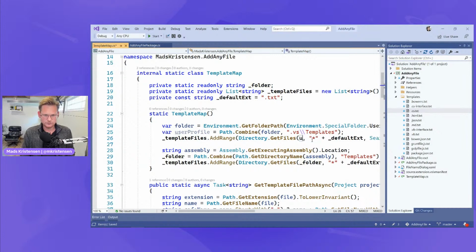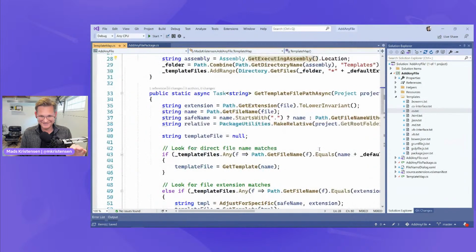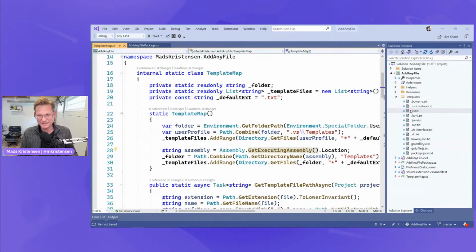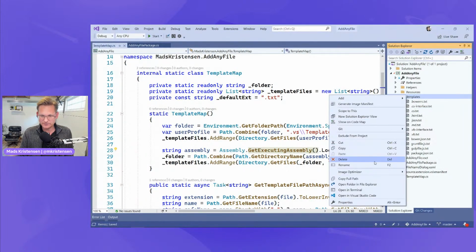And this is user profile. So this might be super easy. Like, this might be all we need to do. Let's overwrite this CS file. So I'm gonna just copy it